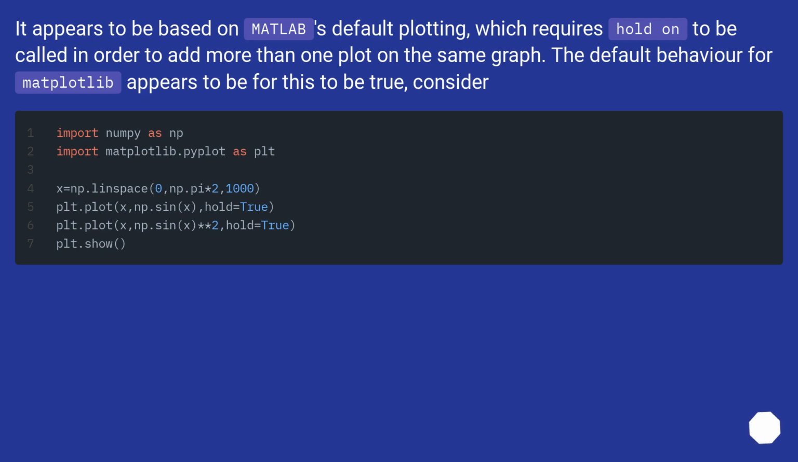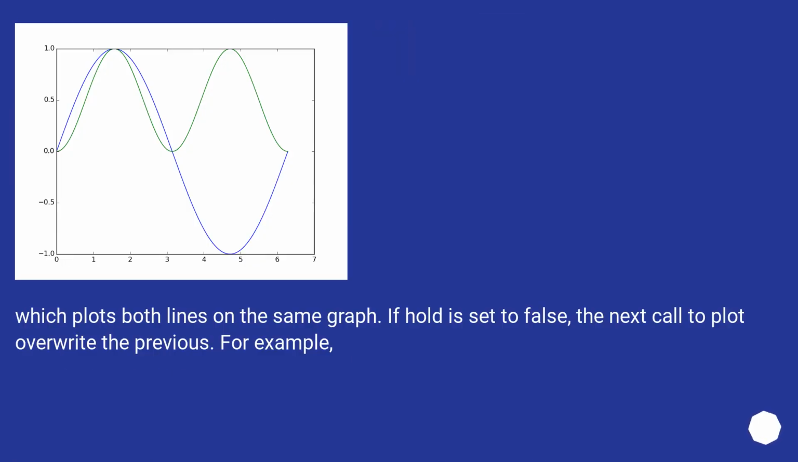Consider, which plots both lines on the same graph. If hold is set to false, the next call to plot overwrites the previous. For example,